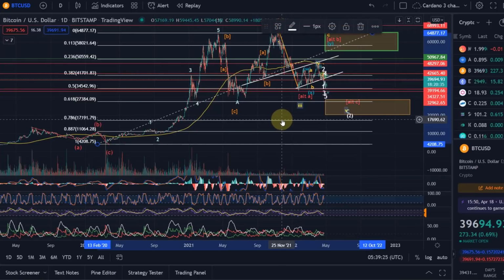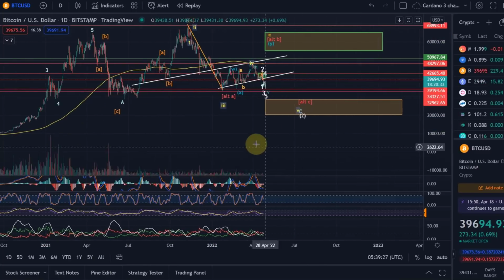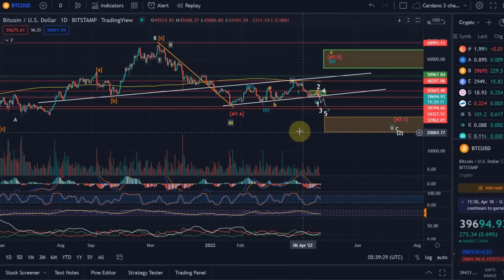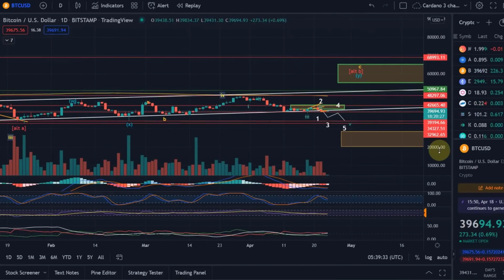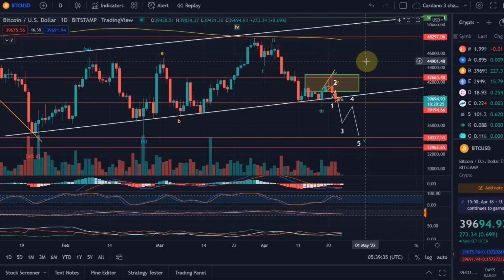So all of that remains my view here. And we've been talking about this correction since November. It happened. Until then, I also believed that we could see 100k Bitcoin, absolutely. So I'm not going to tell you that I saw this coming before